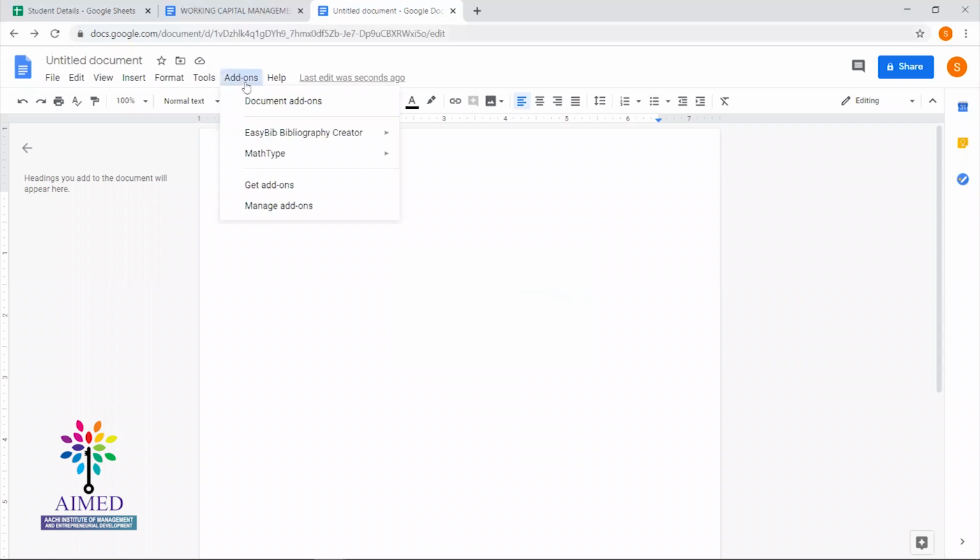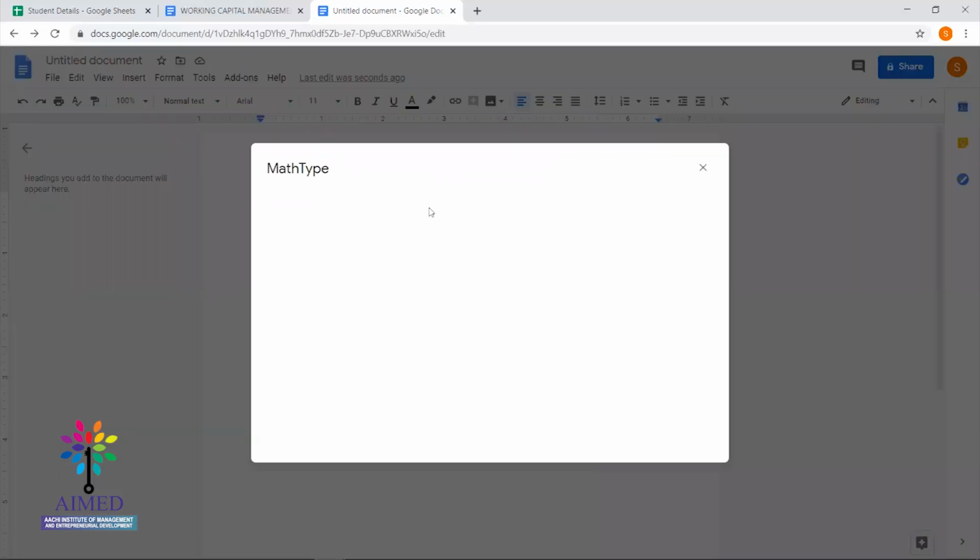Now move on to the Add-ons menu again. Here you'll be able to see MathType. You have two options: insert or edit a math equation, or insert or edit a formula. I'll just show you how to add a mathematical equation. If you click on that, a pop-up will open.